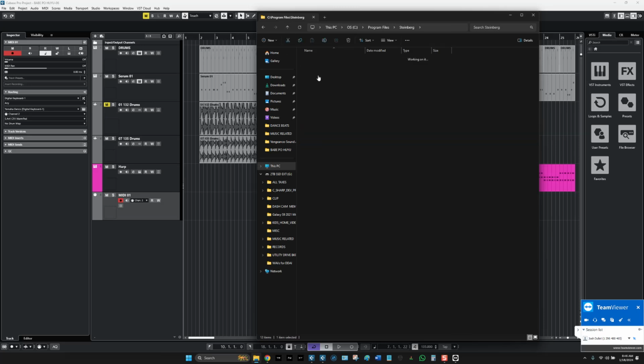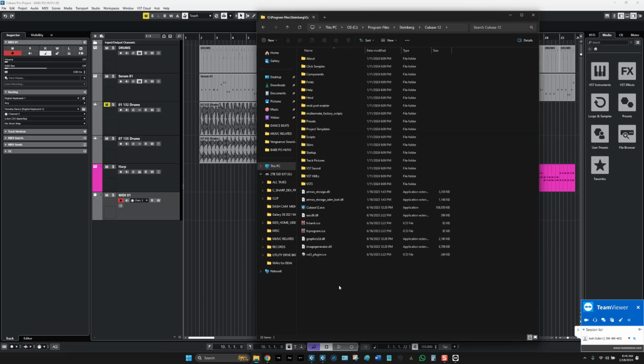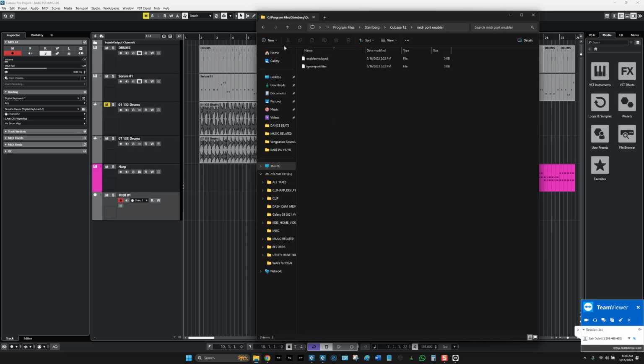We could probably find this section where it says project templates, presets, factory scripts, MIDI port enabler, maybe this file right here. If we copy,